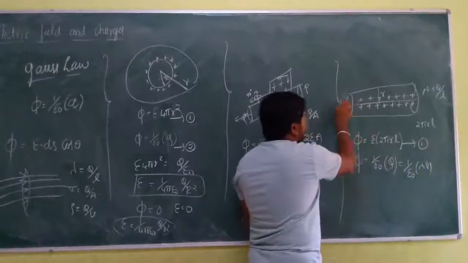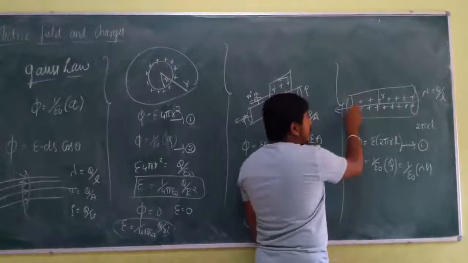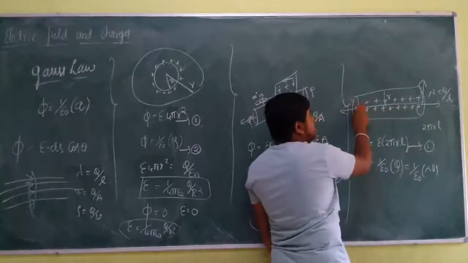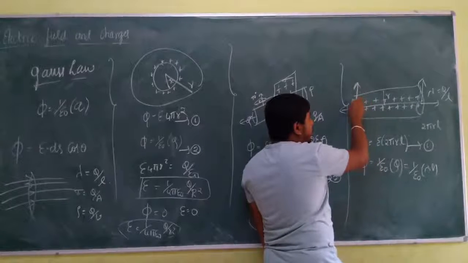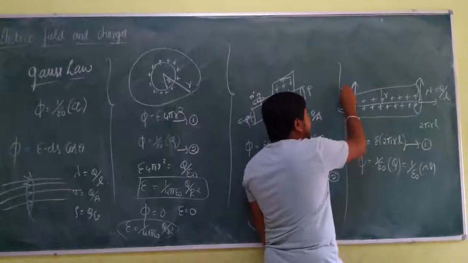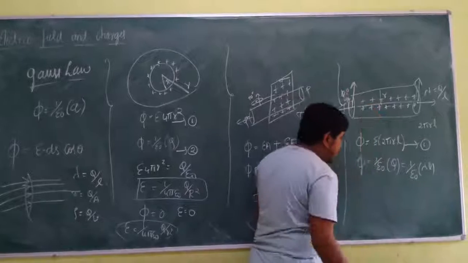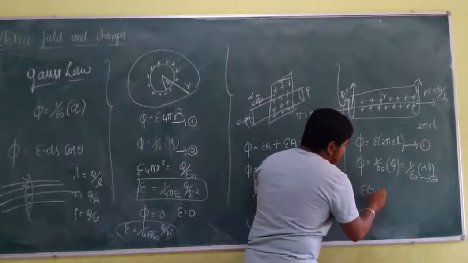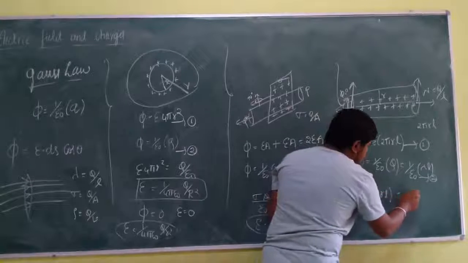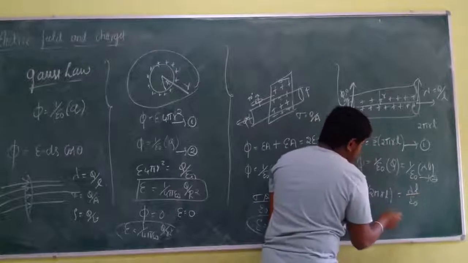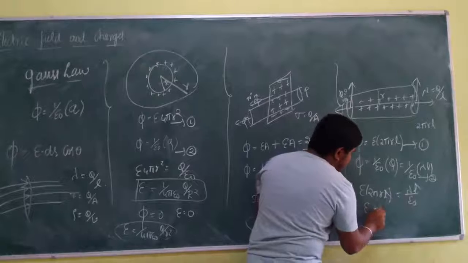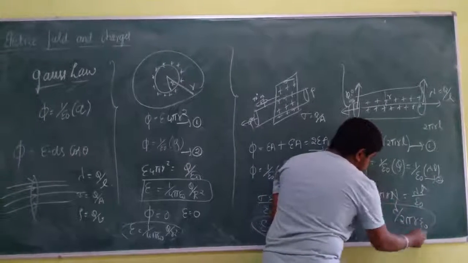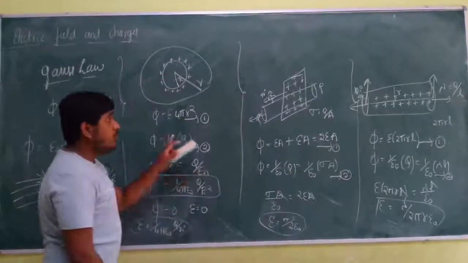The value of flux will be 0 over the ends because the electric field line direction for positive charge is directed outwards. The angle is 90 degrees. So flux is 0 over here. We have to show that also. On equating these two equations, what we get? E into 2 pi rL is equal to lambda L divided by epsilon naught. L cancels, and E is equal to lambda divided by 2 pi r epsilon naught. This is the value of electric field due to a thin wire.